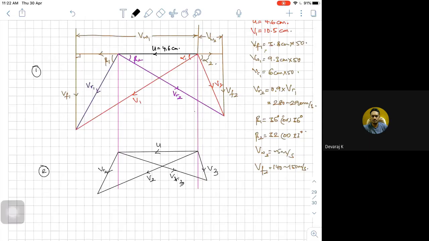Maximum you will go for 3 stages. If you have a 3 stage turbine, the first stage is called a high pressure stage and the next 2 stages are called low pressure stages. And if I have a 4 stage steam turbine, the first 2 stages are called high pressure stages, and the next 2 stages are called low pressure stages. That's how the principle works. Okay, so this is about the problem.